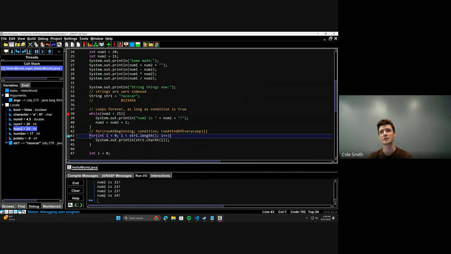So that's why you'll notice it did not print num2 is 25, even though num2 is actually currently 25 in code. It does not print it because we currently have this set as num2, or our condition is checking if num2 is less than 25, not less than or equal to. And if I were to update this to less than or equal to, we will,